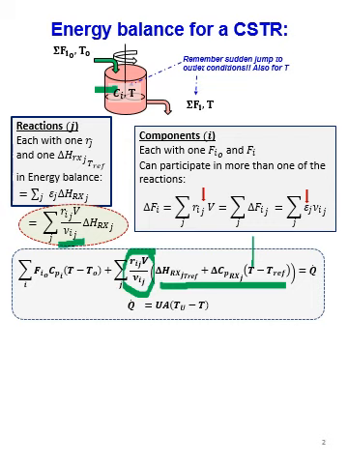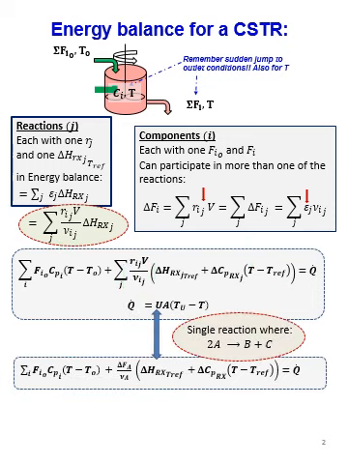So this therefore is epsilon of reaction J expressed in terms of the rates by using my mole balances. And the heat transfer in a CSTR, of course, is given by an overall heat transfer coefficient, the area available for heat transfer, and the difference between the utility temperature and the temperature of my reactor, of the contents of my reactor.